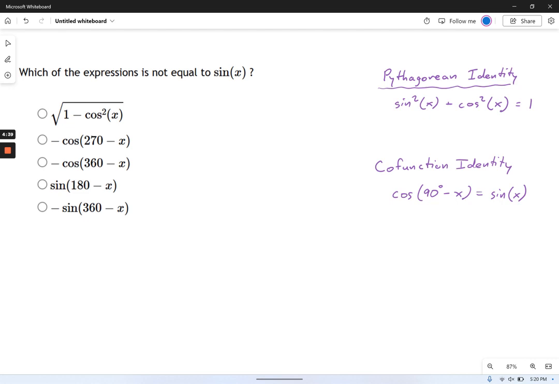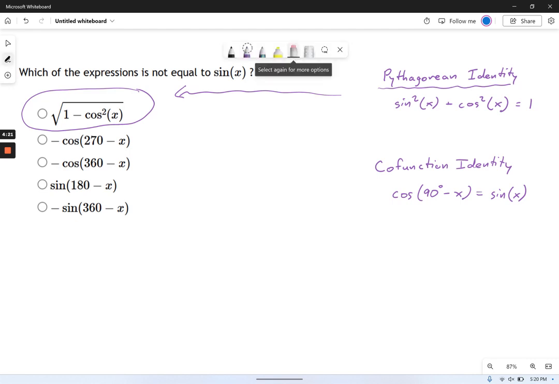Sine squared plus cosine squared equals 1. It doesn't matter what the angle is. And you can see that appears right over here. Now, if you were to play around with this equation on the right and say, if sine squared plus cosine squared equals 1, then that means sine squared equals 1 minus cosine squared. You can see how that would get to this for just regular old sine.